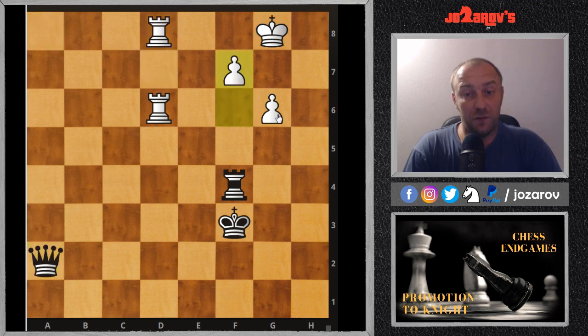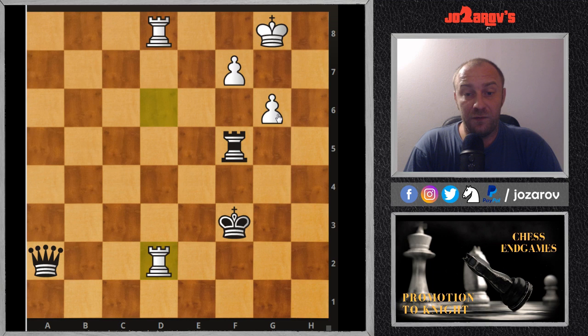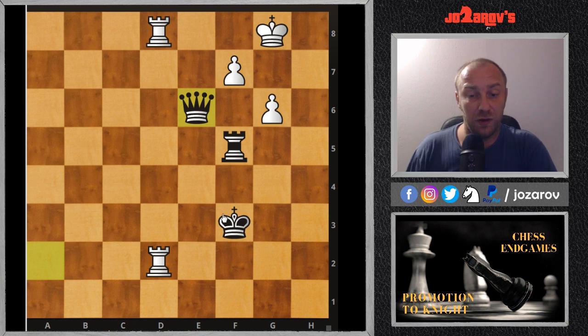Now you see we have a powerful advanced pawn on the 7th rank, so we are really threatening now to promote here. Rook on f5, rook on d2, now queen on e6 was played. Now getting the pieces more compact. We want now to bring, of course, the king also to the dark squares here and attack this backward pawn